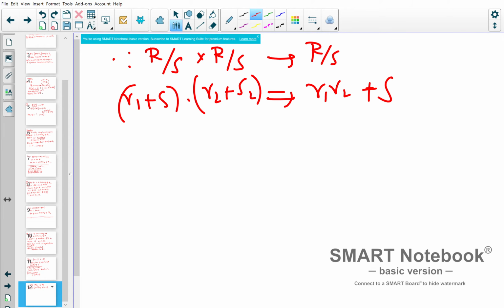So what does that mean? So I'm saying that this, with respect to multiplication, can I say that they form a ring or not? Okay, so